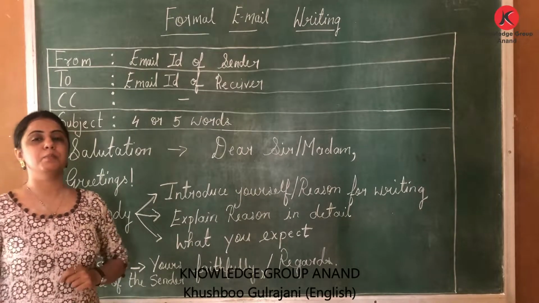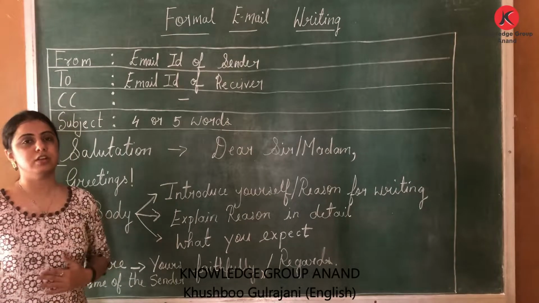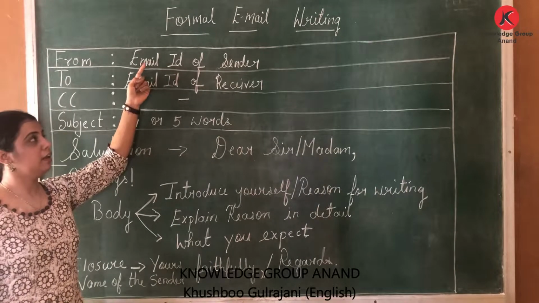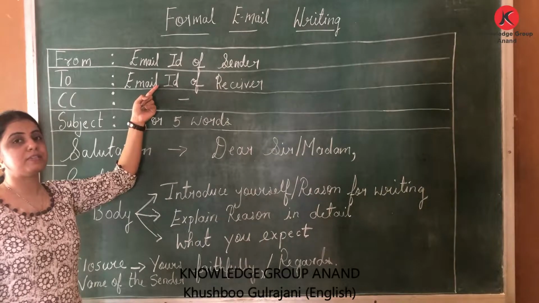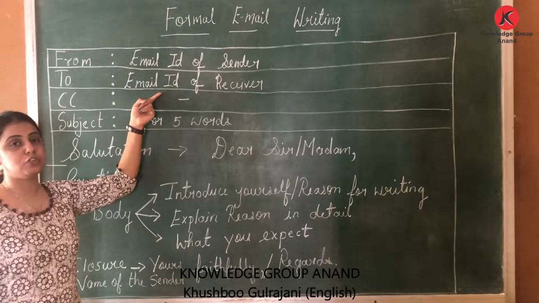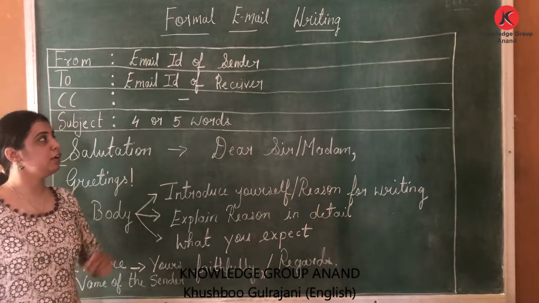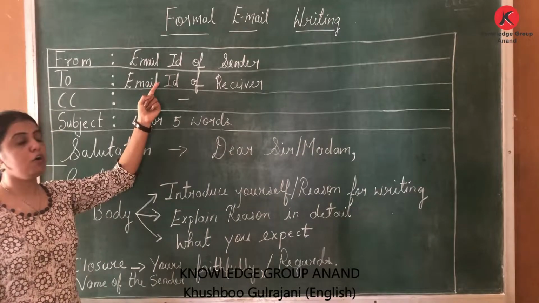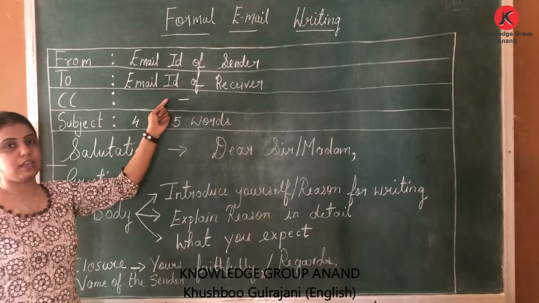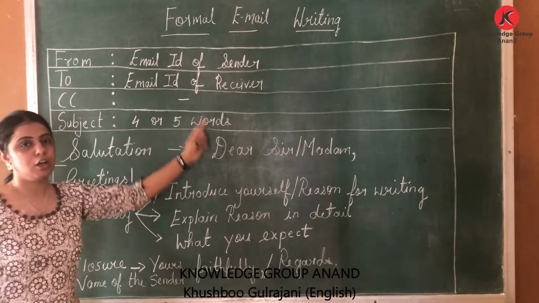Let me give you an example from any organization or corporate. If I am an employee and I am a senior manager in the company, if I am writing an email, my email ID would be here, and the email ID of the person to whom I am assigning the task. For example, I am assigning a task to some IT professional who is working in my company over here. And I want to show my boss that I have allocated work to this IT boy or IT girl. And so I am going to put the email ID of my boss in this area so that he can see that I have assigned the work. So this works as a proof.